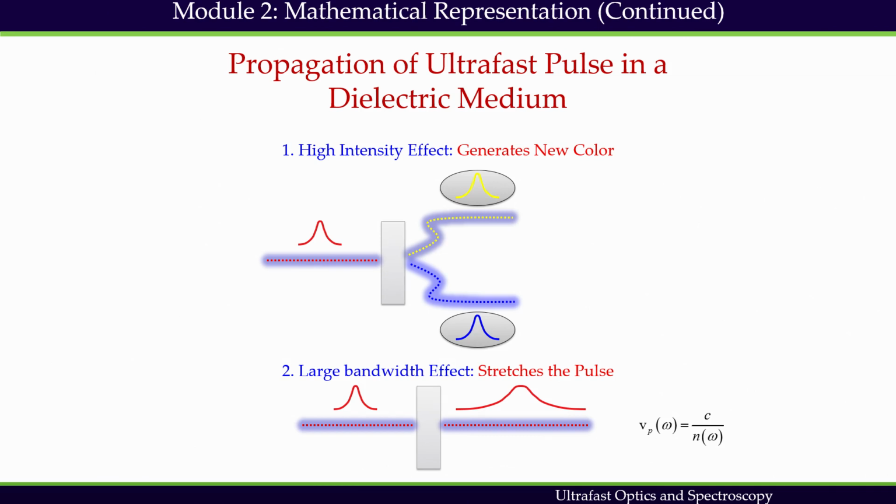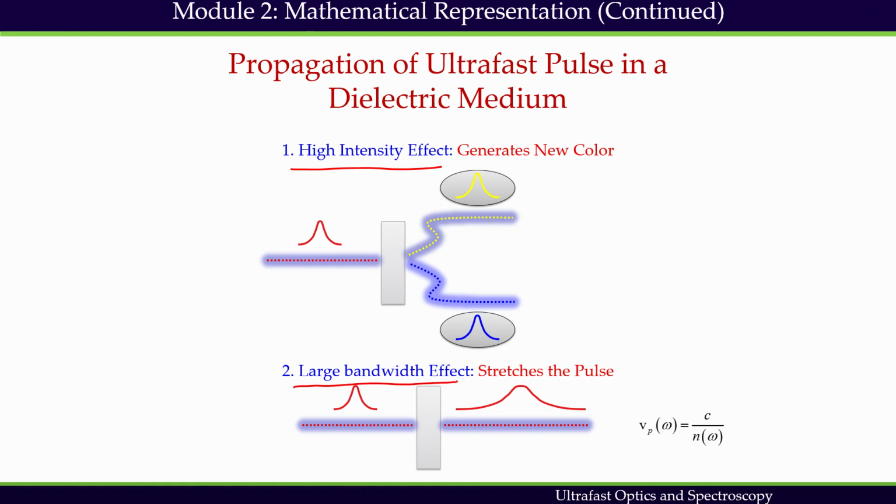And when we have discussed all these characteristics of the pulse, we have always considered that I have an isolated pulse. Now isolated pulse in any experiment will propagate through the medium. We use lens, we use crystal, we use wave plate. All of these materials are of dielectric nature. So we should understand the propagation of the pulse through the dielectric medium. Mostly two effects we observe when an ultrafast pulse propagates through a dielectric medium: the high intensity effect and